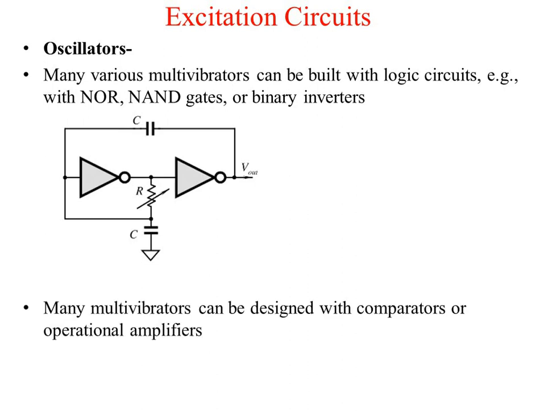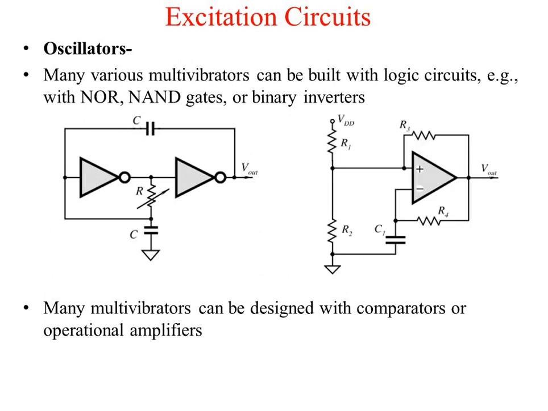Then the multivibrator can also be designed with the help of a comparator or operational amplifier. You have to recall the concept of astable multivibrator using op amp, then sinusoidal oscillators using op amp. We have seen some phase shift oscillators and Wien bridge oscillators, and we tried to generate oscillators with the help of such operational amplifiers. So you need to recall it, but here I am going to show you one of the circuits that is used as a